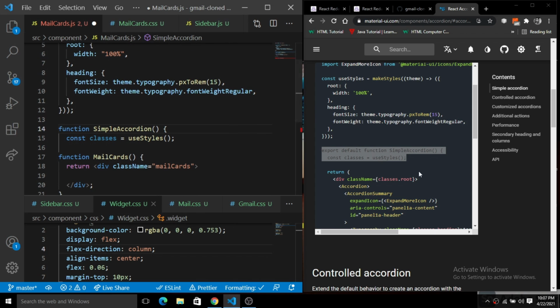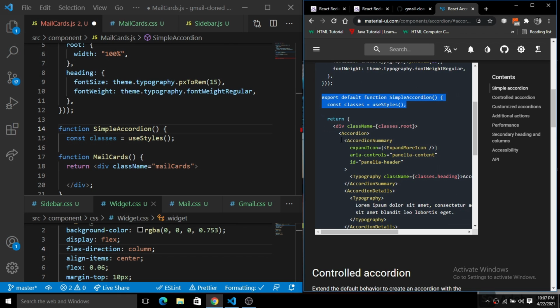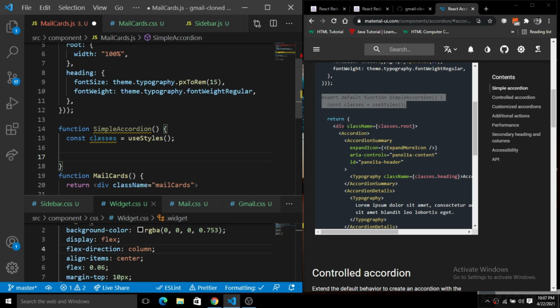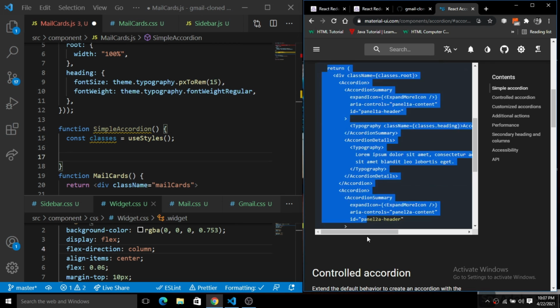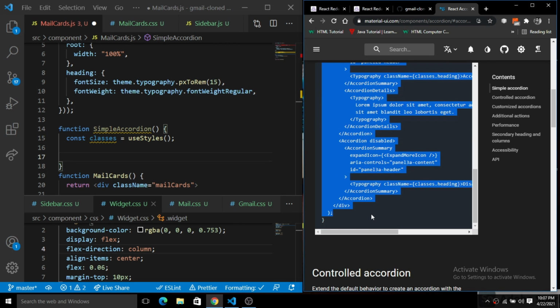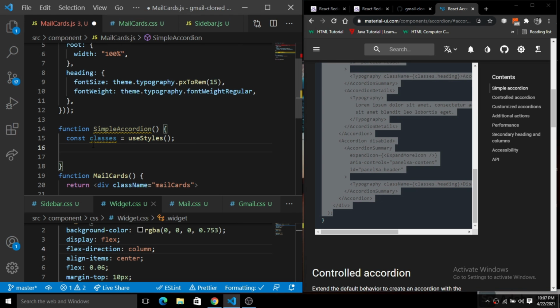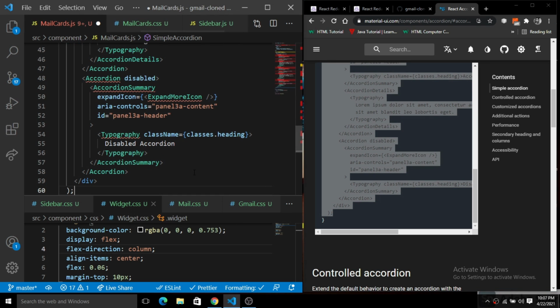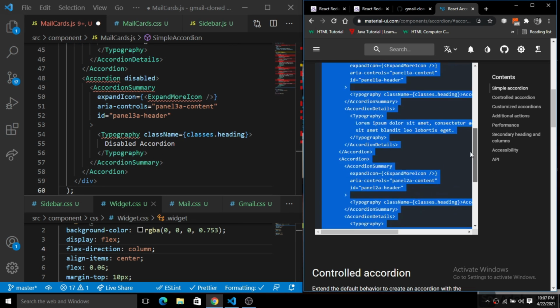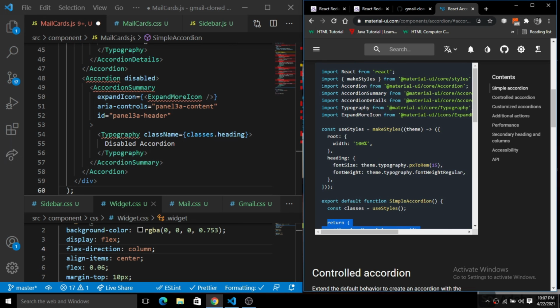The next one is the render function. Inside of this, I'm just going to grab everything. Inside of this accordion, grab the return statement, copy it, and paste it inside of this simple accordion. Now the only thing you have to do is import the accordion summary, the details and everything else.